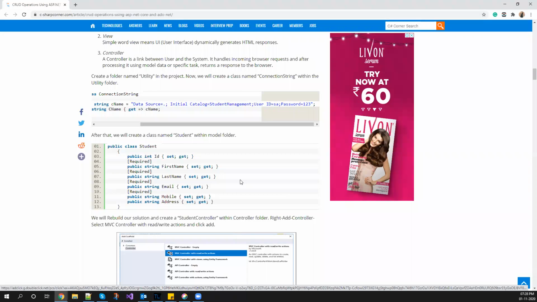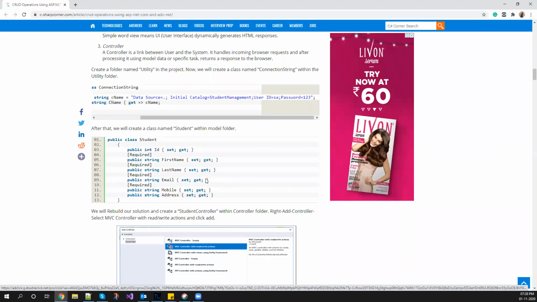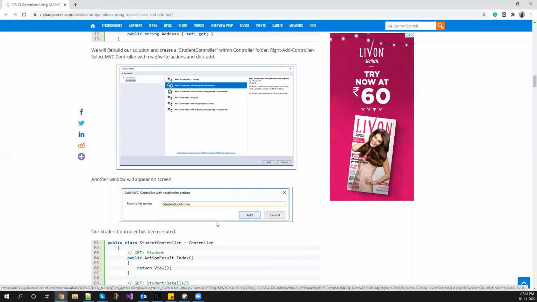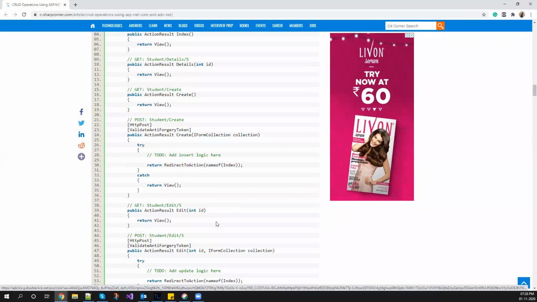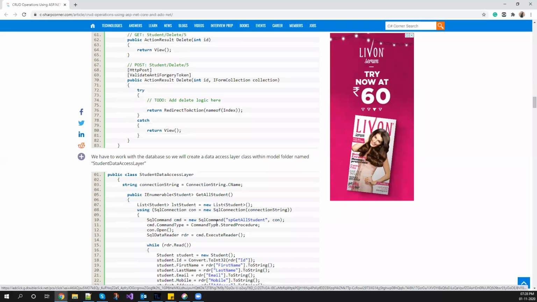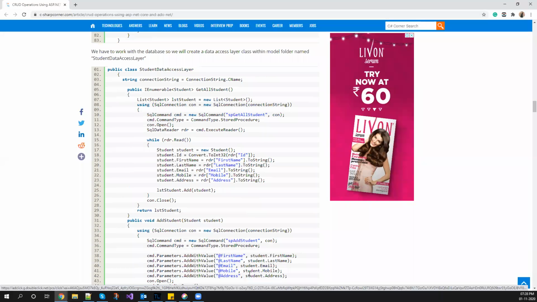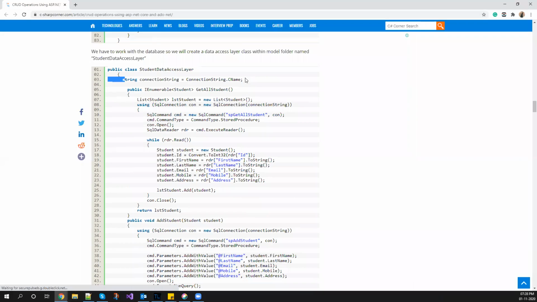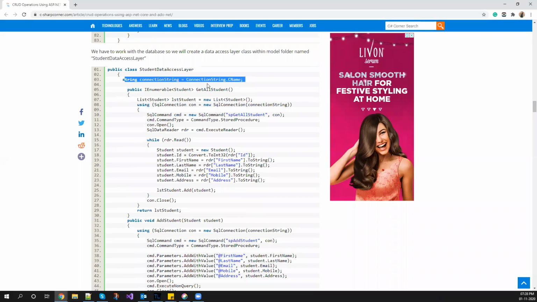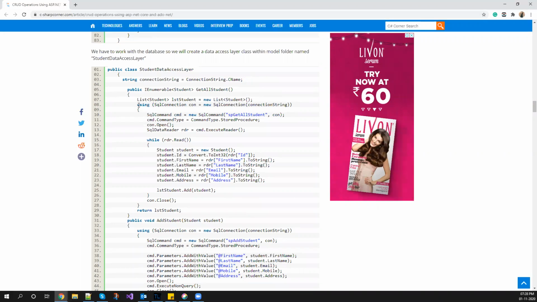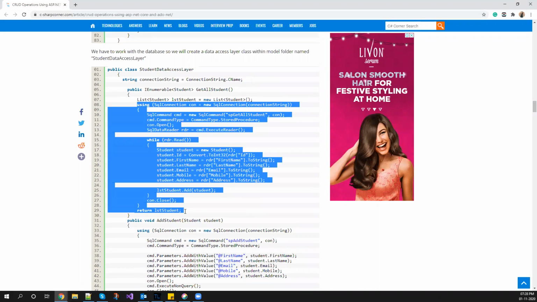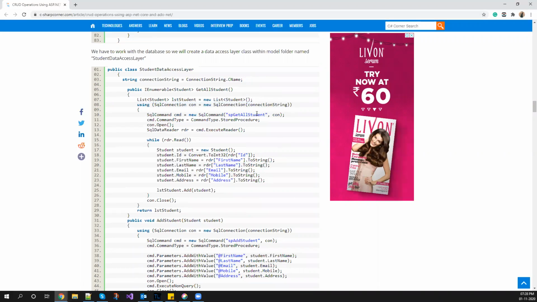This comes very handy in real applications. The MVC controller and everything, I'm skipping through all of that, since the controller part we all know. This is what is important: the data access layer, the model, and how we are going to connect to the model. We have already done the connection string. They are taking the connection string by its name. This is the part we saw earlier, using SQL connection.